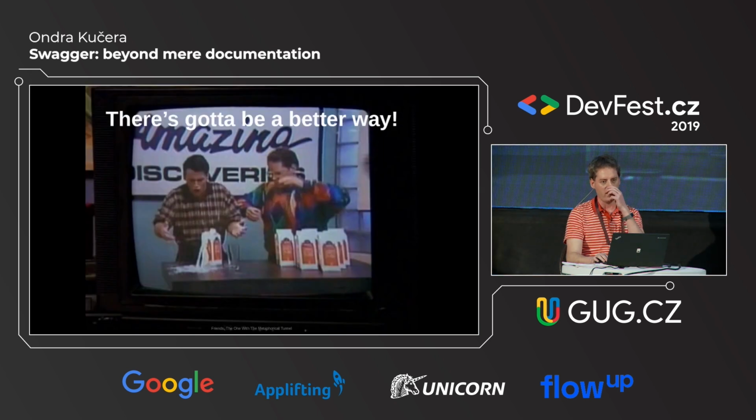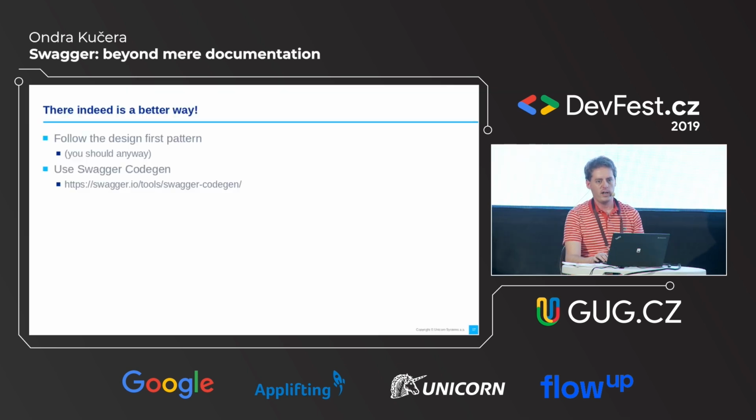So if you know this, you may be asking, just like Joey, there's got to be a better way, right? Of course there is. And the better way is called Swagger CodeGen, which is another tool from swagger.io. And I will talk about it in a second. But before I get to that,